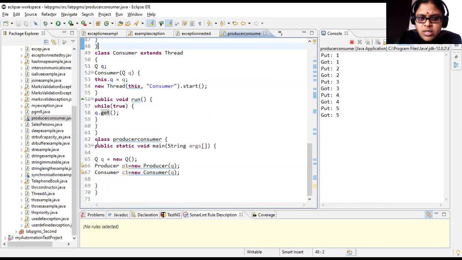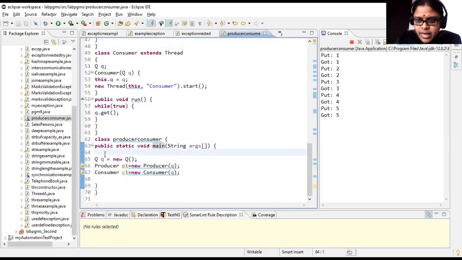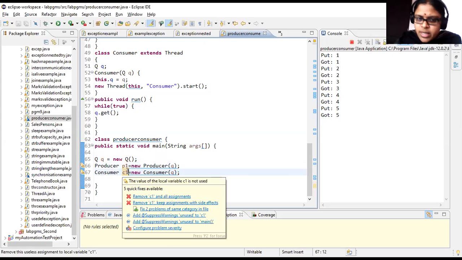Now the next one is my actual class, where your main function is written. In the main one, consider that your main function is started. Main is a thread. You are creating an instance of your class Q, which is not a thread, the initial class. What does your class Q consist of? It consists of the variable called n, whose value is important to both the consumer as well as the producer. Next is your boolean value called value set; we will see in the logic what it has to do with the program. Next, you have the synchronized get as well as put methods in your class Q. So now you are creating an object of your class Q. Next, you are creating the instance of your producer thread as well as your consumer thread, that is, the classes.